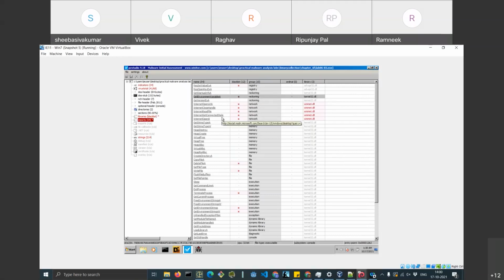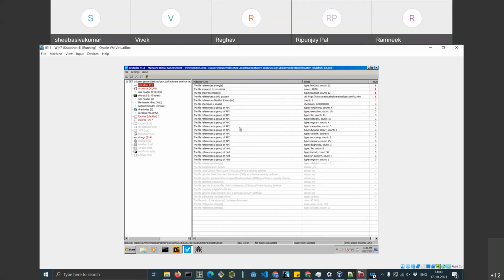API is your application programming interface. Just think of them as functions. So you can see that these are the network APIs, and these are blacklisted. That's why it is saying that this particular file is using these network APIs, so it might be malicious. Then it says that reference is a group of things, and there is a URL pattern value. All these are just the basic characteristics of the malware. It just helps you identify the extent to which the file is malicious.